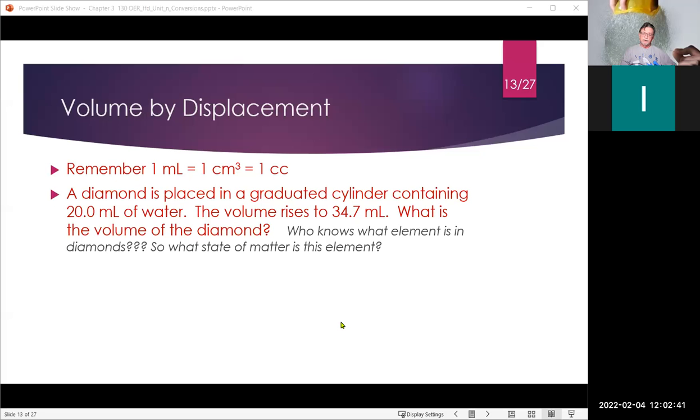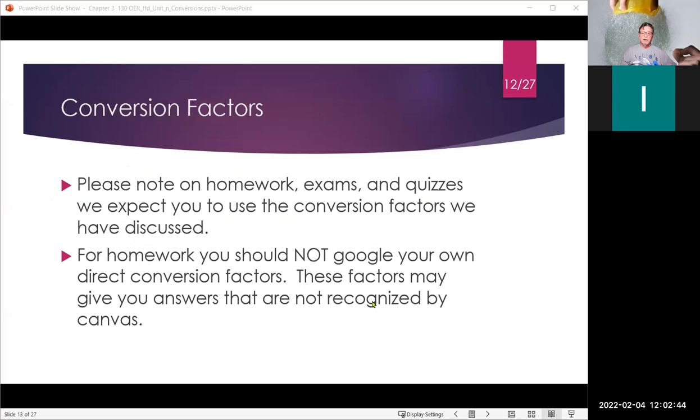All right. So let's jump into chapter 3, knock it out, and then we'll go from there. We were on slide 13, and we had just finished talking about doing examples of conversion factors, basically using the factor label method